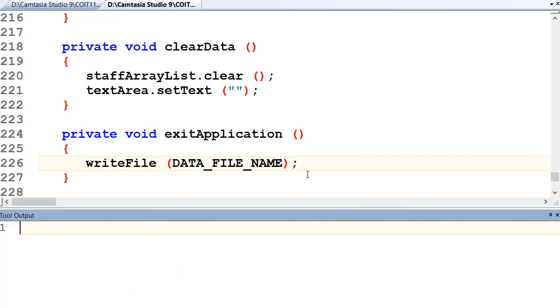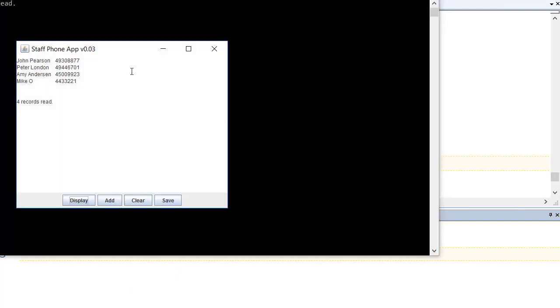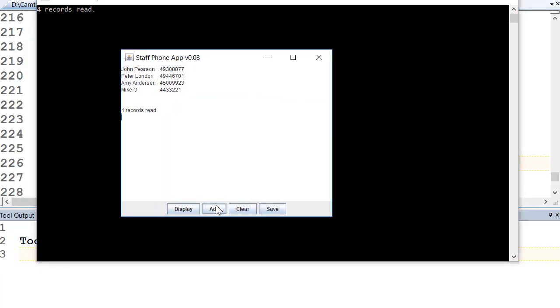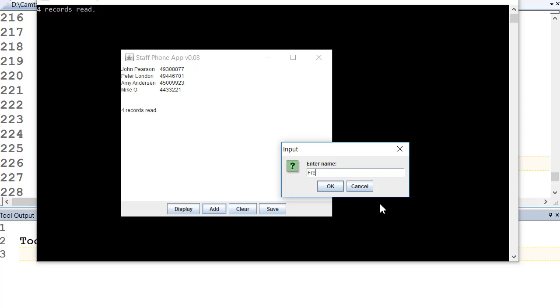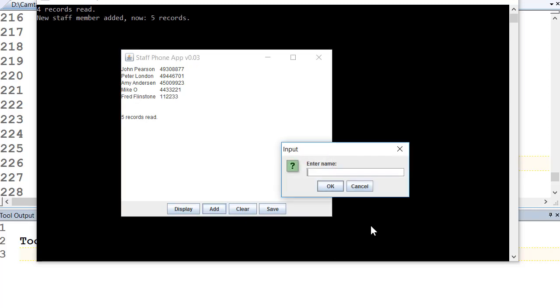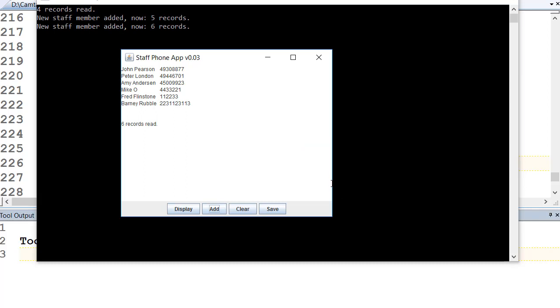So now, Control 1, Control 2. Let's add a record. So add Fred Flintstone. I added him before, but I didn't save the file, so I lost him. Okay, so he's there. Let's add another one. Barney Rubble. Any odd number will do. Okay, so there's our staff. Now we can just exit. So if we click that little X icon up there,